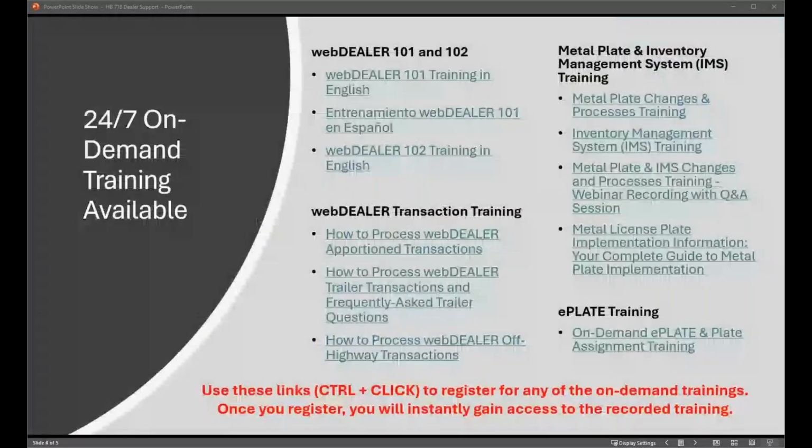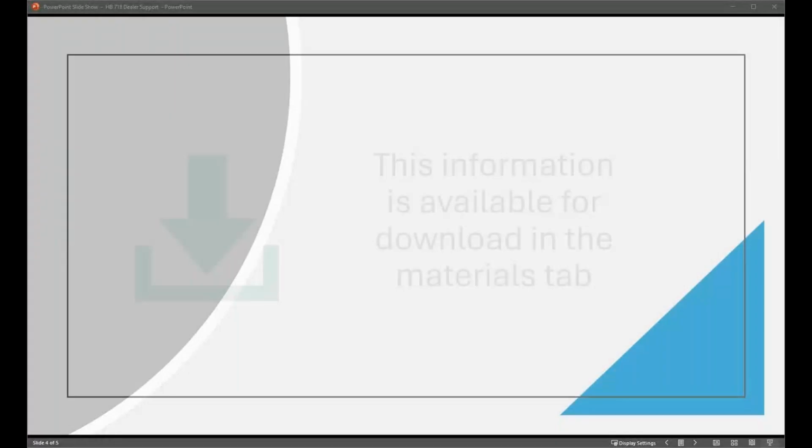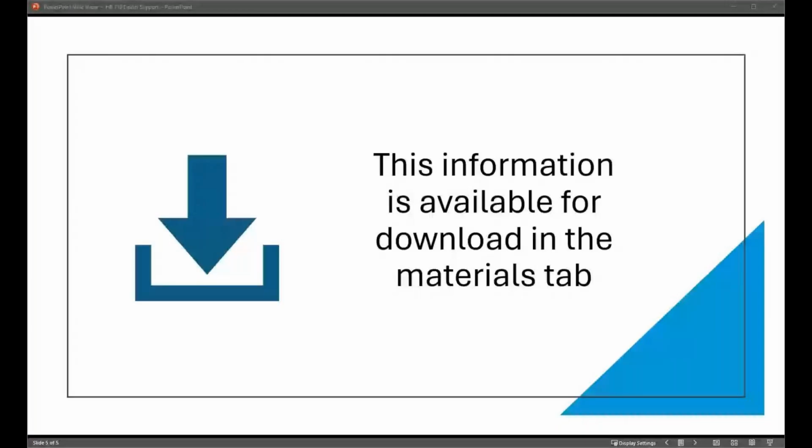Where do we get the blue dealer temporary plates? That is going to be through e-licensing. There you're going to see that plates and sticker option. That is where you order those plates. It's also where you order the standard dealer plates, or if you have those and need to renew them, you're also going to use that same plates and sticker option.